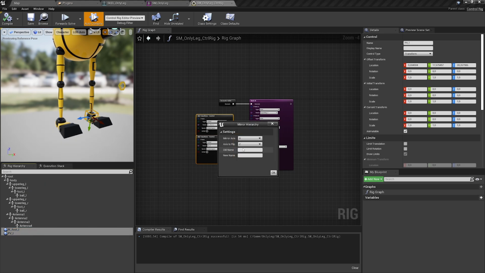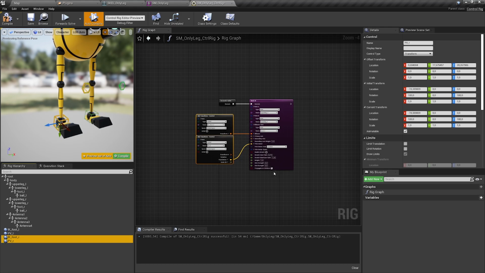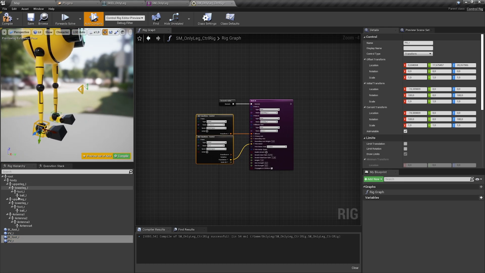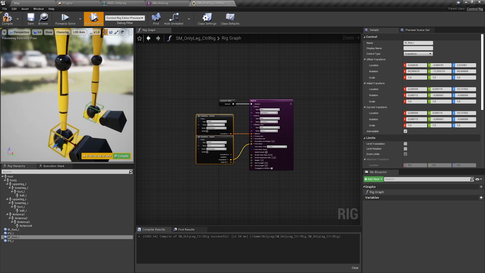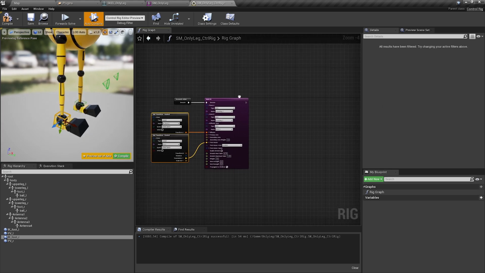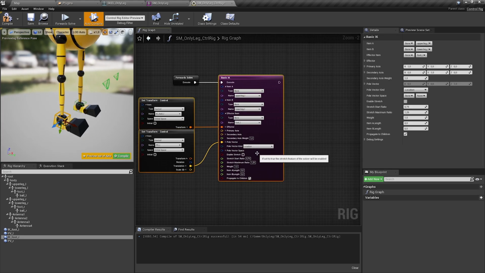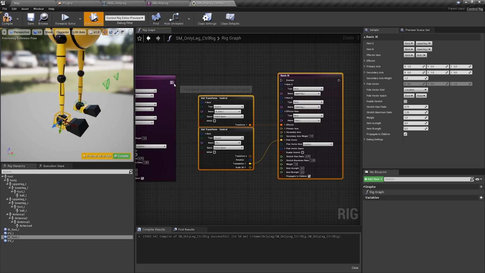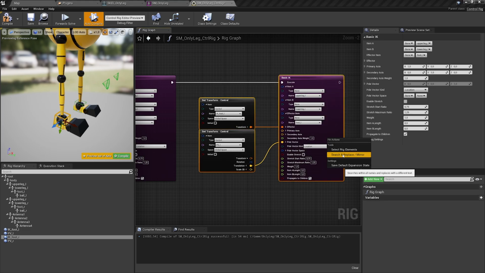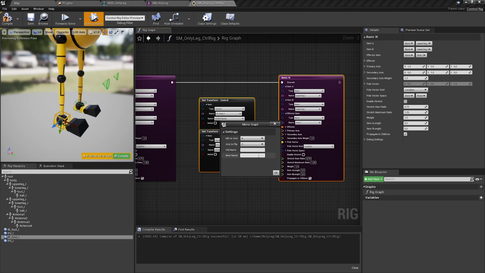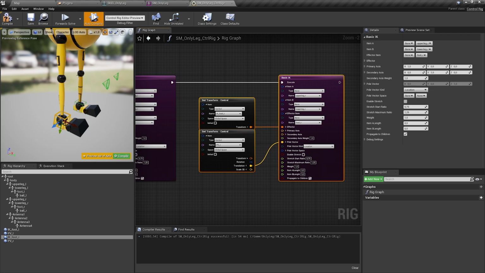So we can mirror it over the x-axis, or rename from _L to _R, and now we have it on the other side, which is already good. So we need the same now for the graph. Let's just take this and copy it over, connect it. Then we can select it, right click, and rename the nodes. And as we have our naming convention used, this should go pretty fast and easy.